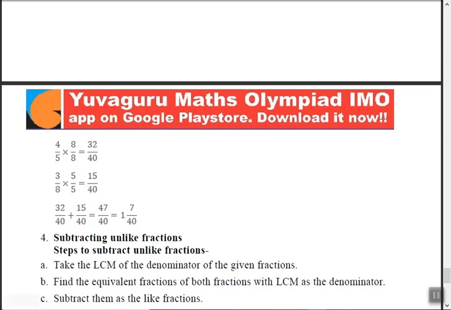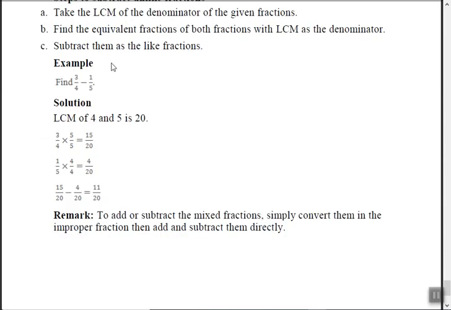Similarly subtraction also. Same logic, nothing different. Say this, 3 upon 4, 1 upon 5. We are subtracting. Are the denominators same? No. So convert them, find the LCM of them. 4, 5. What is the LCM of 4 and 5? It is 20. In both the examples you have directly multiplied 4 into 5, because the LCM is obtained by multiplying the numbers to each other.